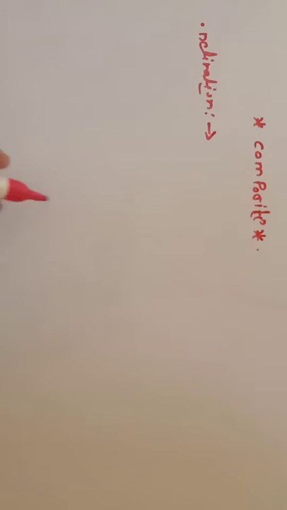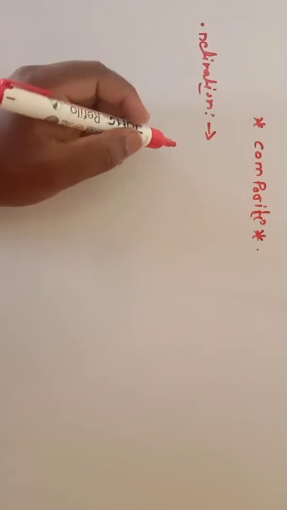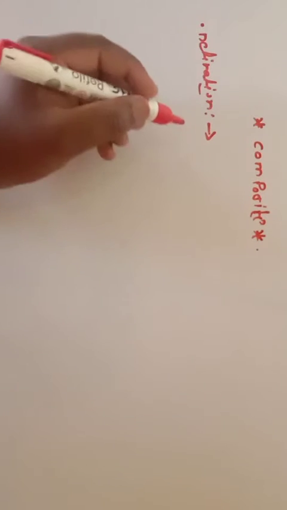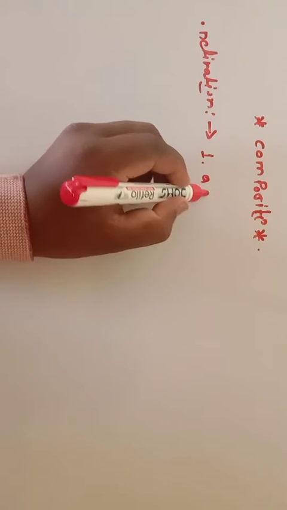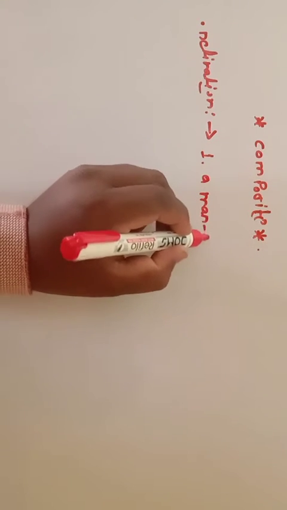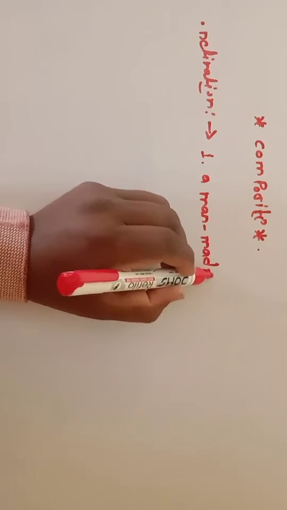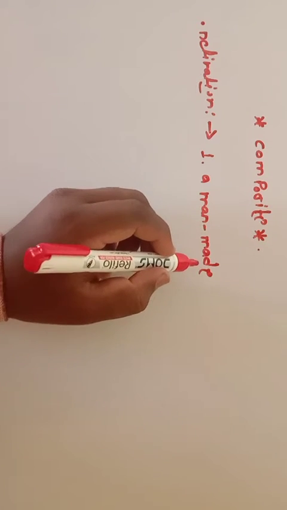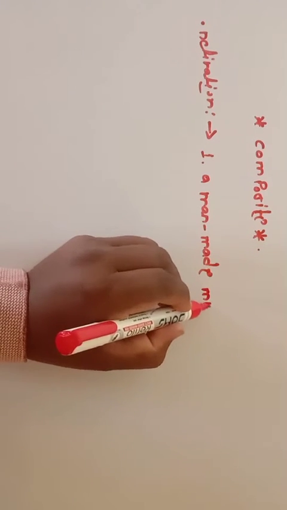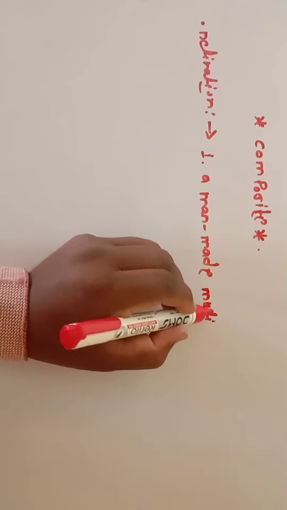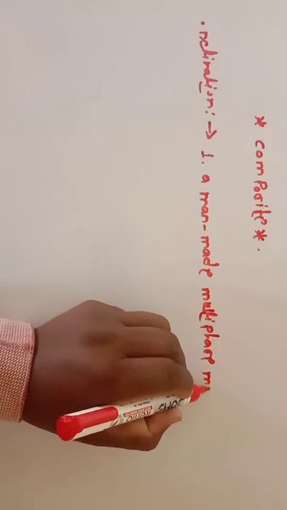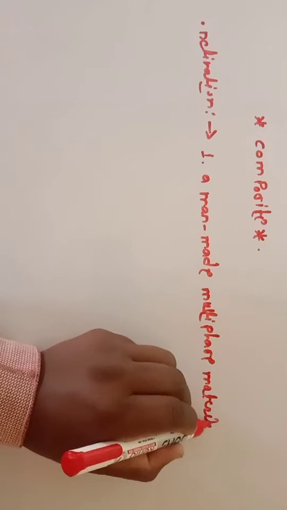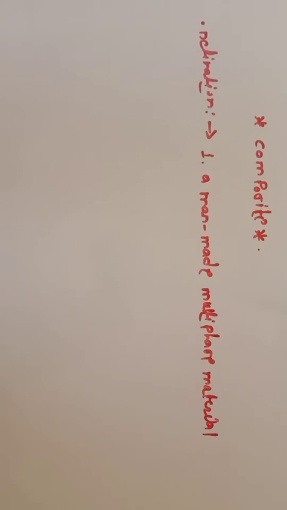A simple definition: a composite is a man-made multiphase material. So what is this composite? It is a man-made multi-phase material